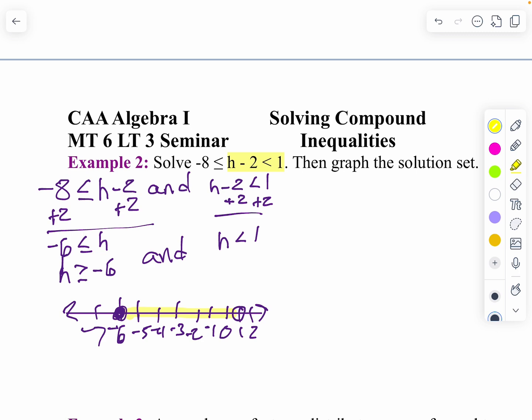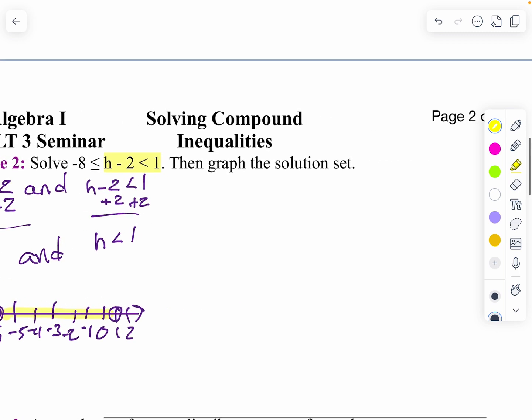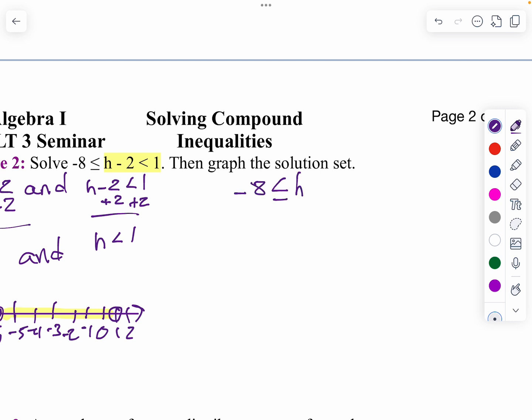The other way to do it is called a compact inequality. I am just going to get the h by itself. I don't like that. I'm going to redo that as a different color at least. So I am going to just solve for the middle of my inequality. I just remember I have 3 sides here. So I add 2 to the middle, to the right,